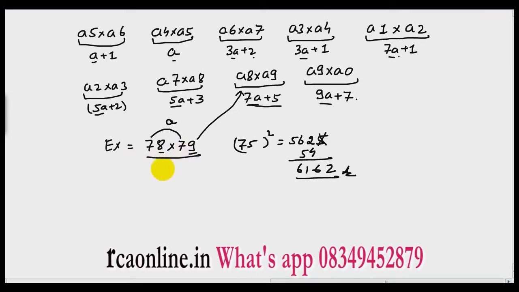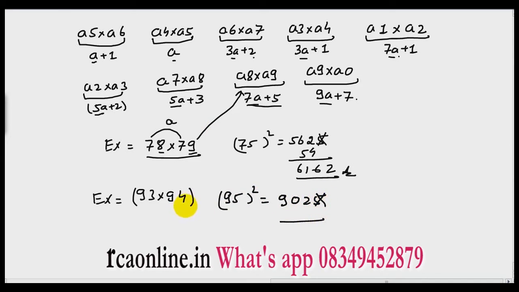Now let us take one more example of 93 multiplied by 94. What is 95 square? It is very simple. 9025. Now what you have to do? Cut this 5 and put 2 because 3 into 4 is 12. So put 2. Now you have to apply this one. 3a plus 1. Clear? This is the programming which you have to do in your brain. As I told you about the concept of program and logic. So this is the part of the program and logic. What I have to do? I have to use this. What is my a? A is 9. So 27 plus 1, 28.